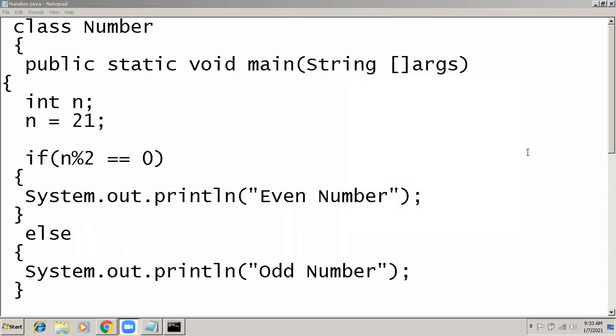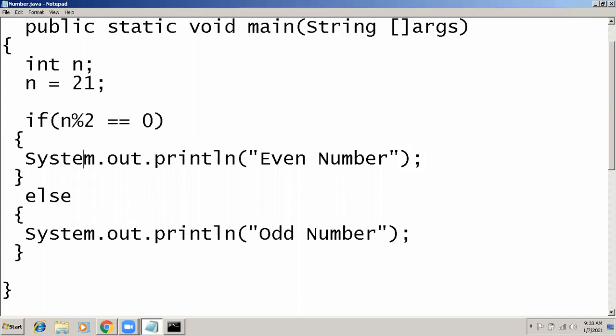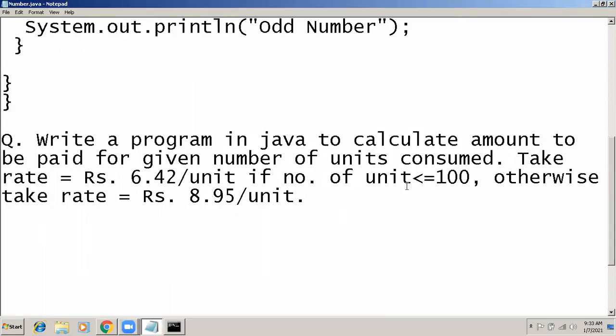Actually, you can take a variable for rate or you can neglect it also, because instead of taking a variable for rate, you can directly take its value. The value for rate is given in the question, so you just need this value for multiplication. So you can take a rate variable, or you can neglect it also. That depends upon you. Okay. Okay, sir. Okay. So that's all for today.